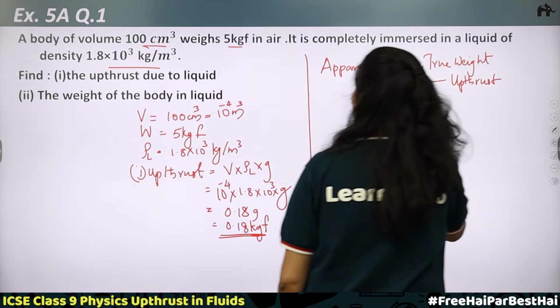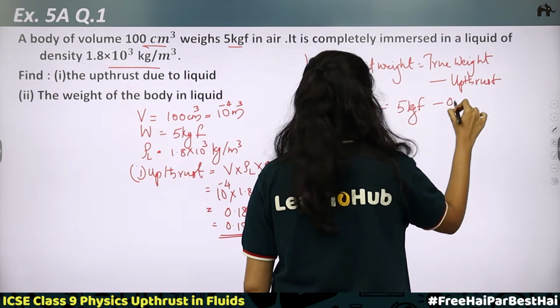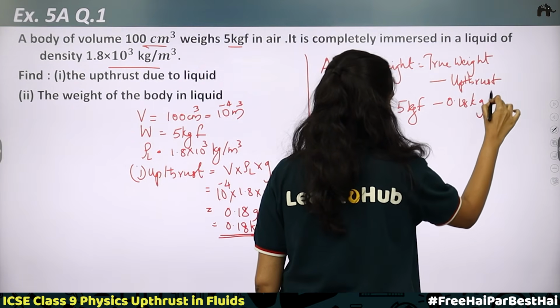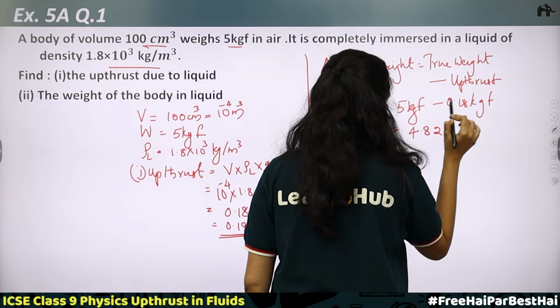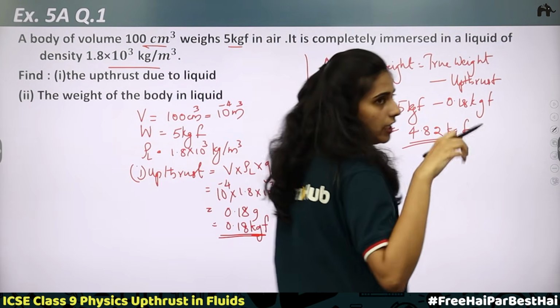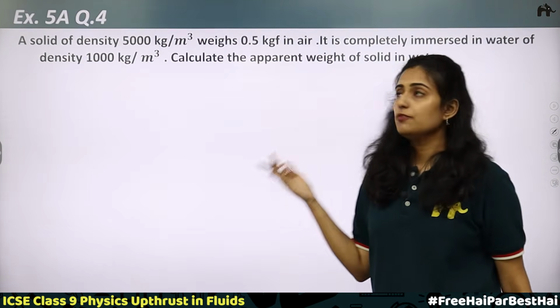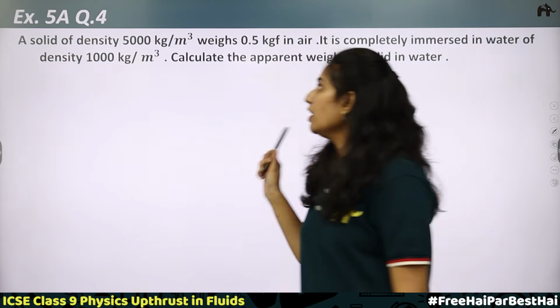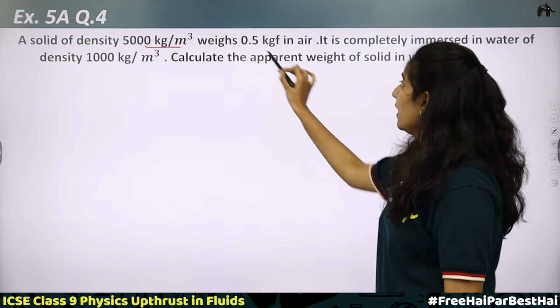So here, what is the true weight? 5 kilogram force minus 0.18 kilogram force, which is equal to 4.82 kilogram force. So this is the apparent weight, or the weight of the body inside the liquid. Question 4 of exercise 5A: a solid of density 5000 kg per meter cube weighs 0.5 kg force